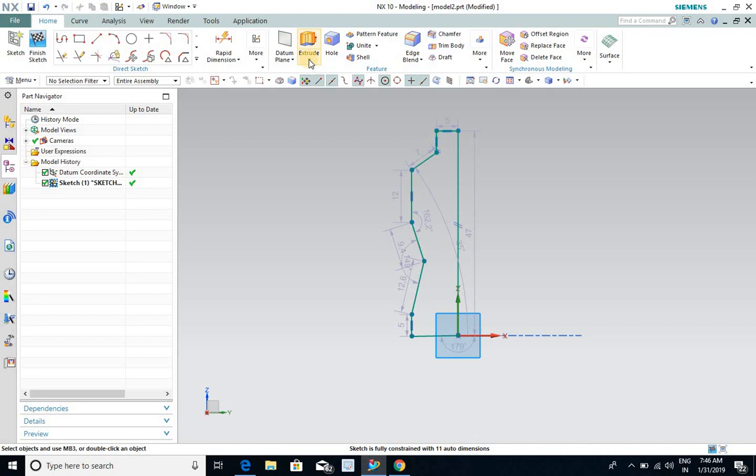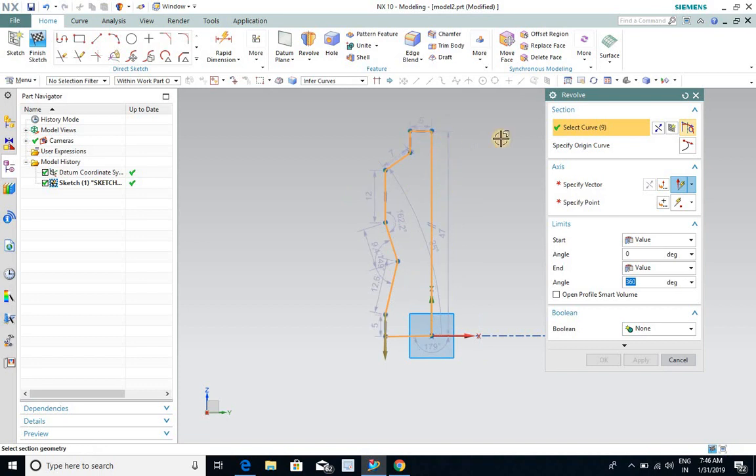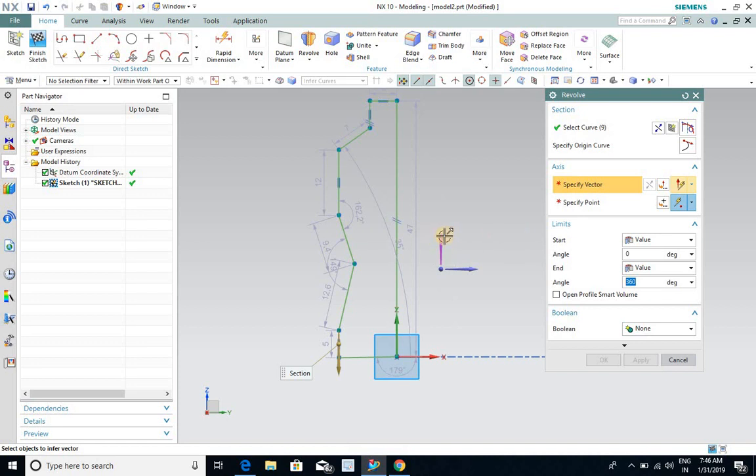I will create a revolve. You have to click on this drop down arrow. You have to click on revolve. For revolutions, the first selection is the section curve. The section curve is already selected here. Next one is specify axis. When you click on axis, this arrow will be shown here. On this arrow you have to define the axis direction as Z.